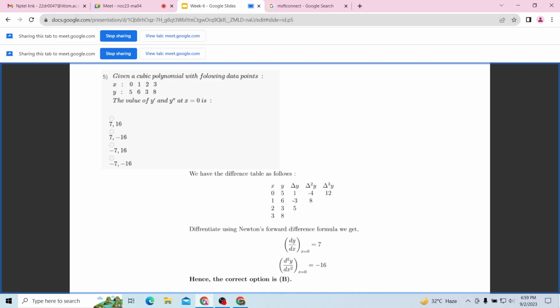Okay, so let's move to the next question. Question number 6 is, find the value of cos of 1.74 in radian from the following table. So you have to calculate the value of cos at 1.74, and you have been given x